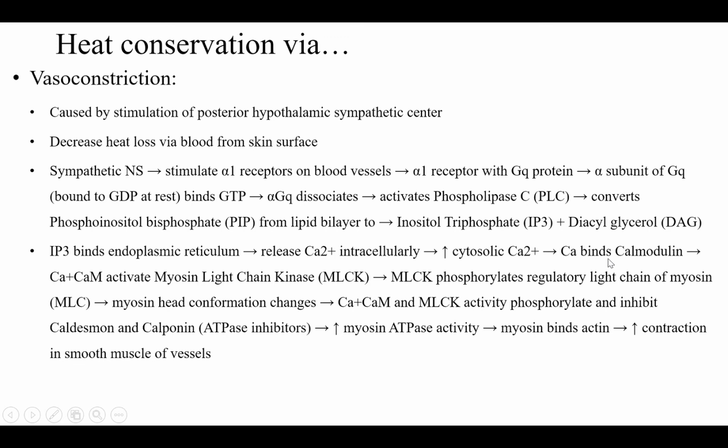Then calcium binds to calmodulin, and this calcium-calmodulin complex activates myosin light chain kinase. This MLCK phosphorylates the regulatory light chain of myosin, and that's how myosin changes the conformation of its head. Calcium and calmodulin, along with MLCK kinase activity, stimulate the myosin binding of actin, and they also inhibit caldesmon and calponin, which are basically ATPase inhibitors. So the increase in myosin activity causes myosin binding to the actin molecule, and that ultimately stimulates the contraction in